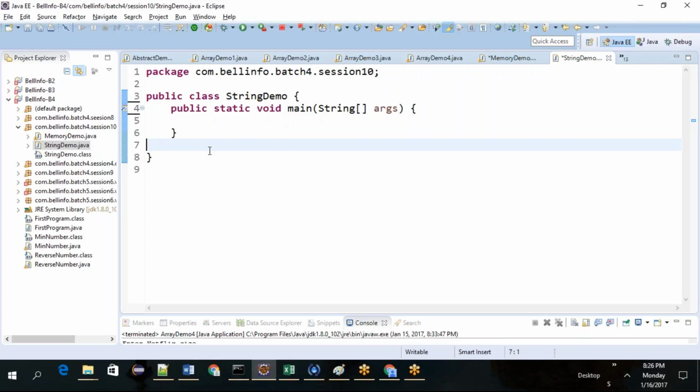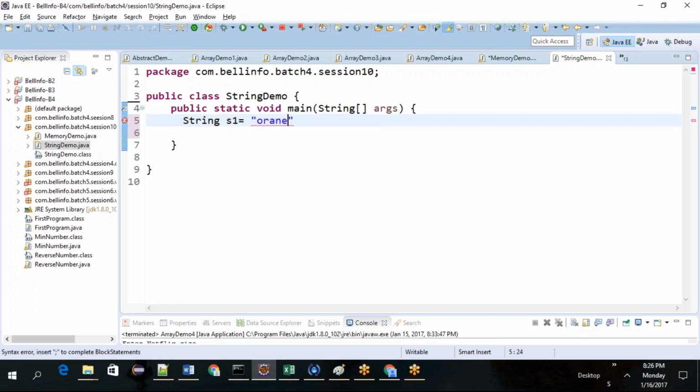So there is another built-in functionality that Java comes with, called strings. Strings are to hold any words. String is a class in Java. Let's say I created a string s1 equal to orange.